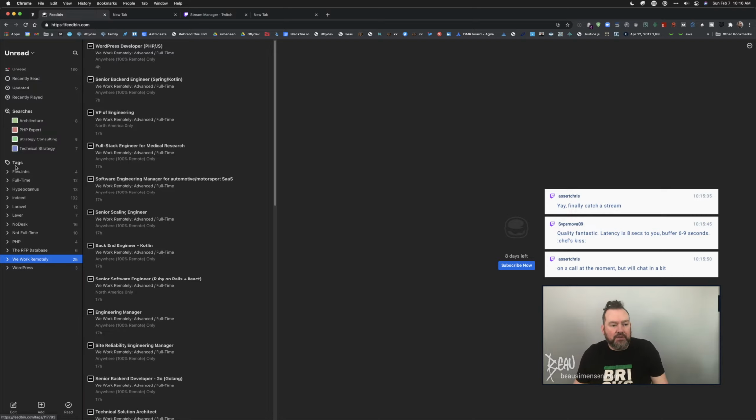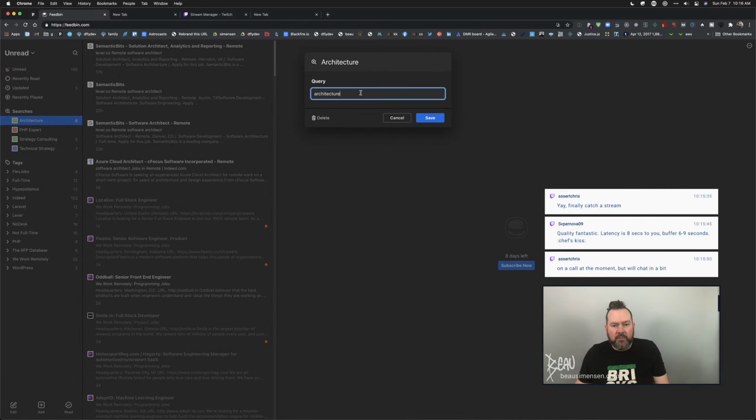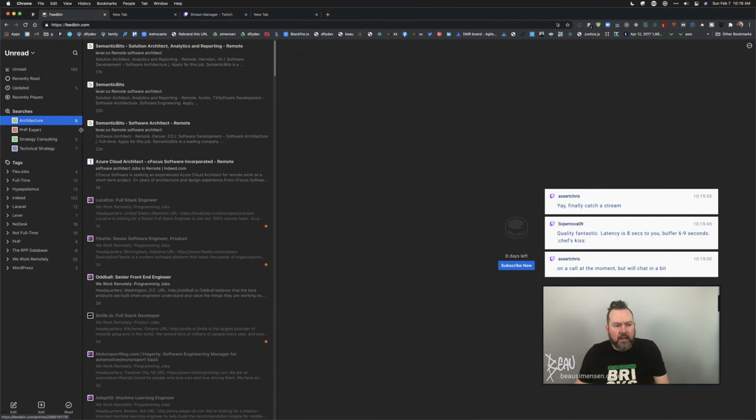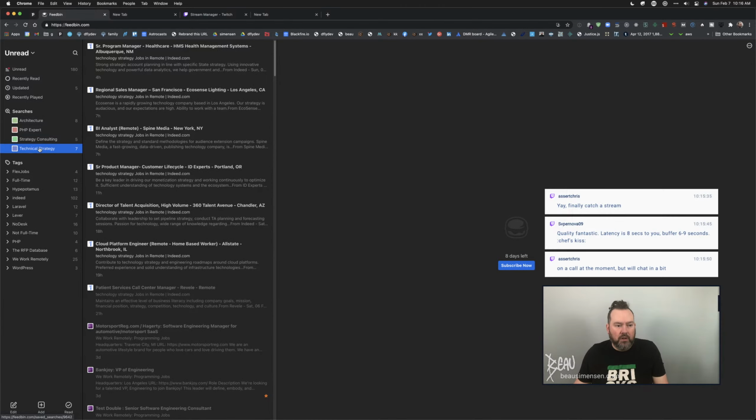So in addition to having these feeds coming in, Feedbin also provides searches. So I can do specific searches on top of everything that fits the filters. So in this particular case for architecture, I'm looking for anything that has architecture. Some more interesting ones would be technology and strategy, where I can actually do some Boolean logic here. So if someone posts about technology strategy or technology strategic, technical strategy or technical strategic, it's going to fall into this bin. So these are going to be my high priority feeds to actually take a look at when I